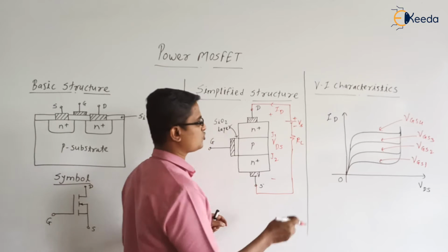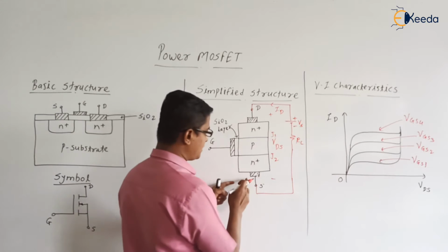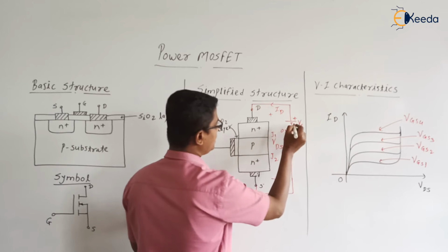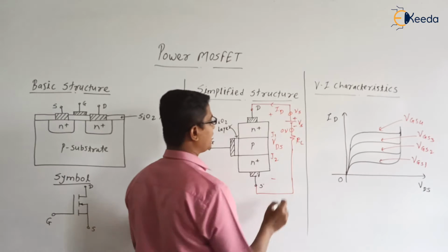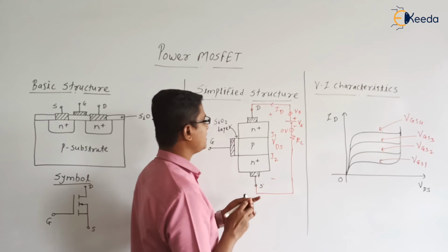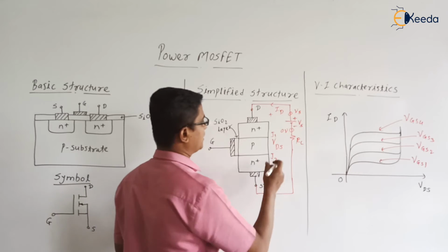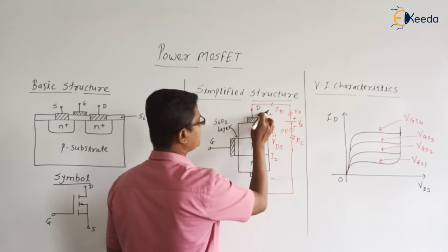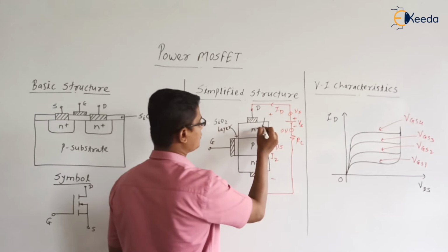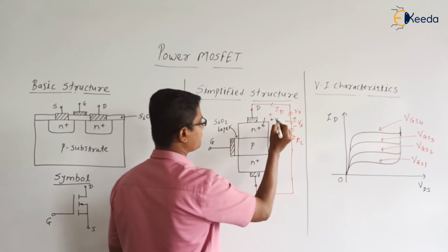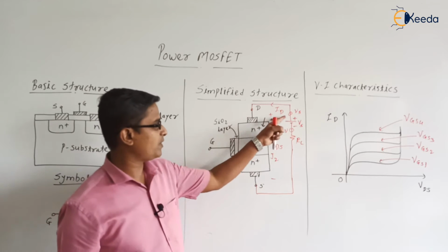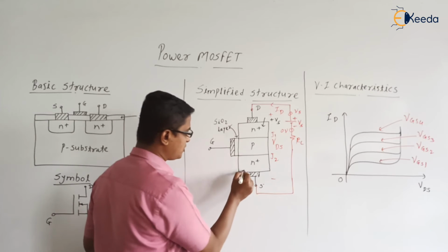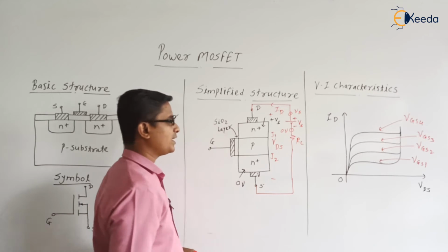Voltage across the load is 0, so whatever the potential here, the same potential is appearing here. Suppose this potential is 0 volt and this will be Vs volt. The potential appearing here will be the same as the drain potential, so the n plus potential will be plus Vs. Potential at the positive plate will appear at the upper n plus layer. Potential at the negative plate, that is 0 volt, will appear at the lower n plus layer.